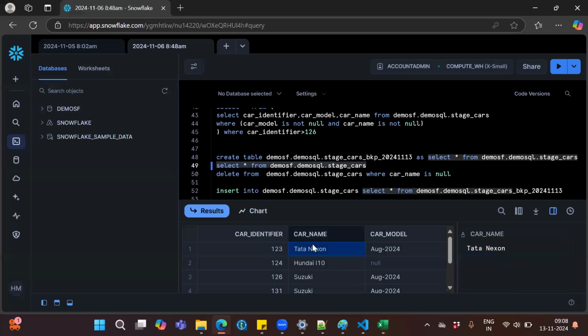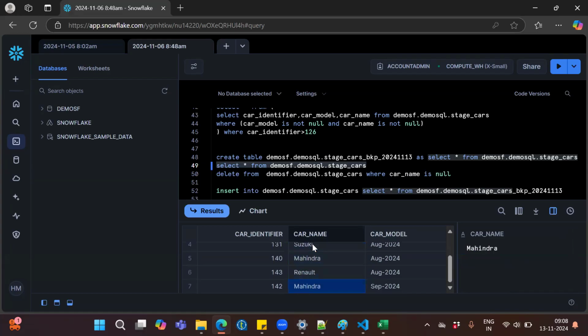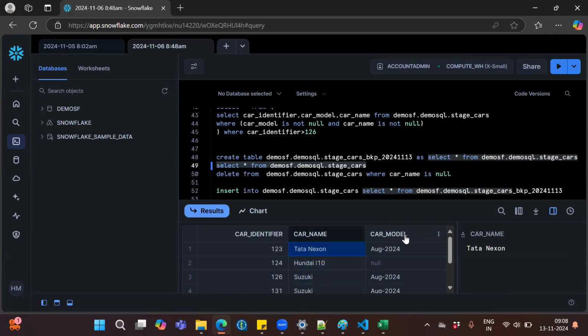See, car name, you don't find anything which are null. Leave it whether other columns have the data or not. Leave that point. Okay, but here you deleted the data which is done. Now I want to delete car model which are having a null. It means entire data I need to delete. Then simple car model. Okay,